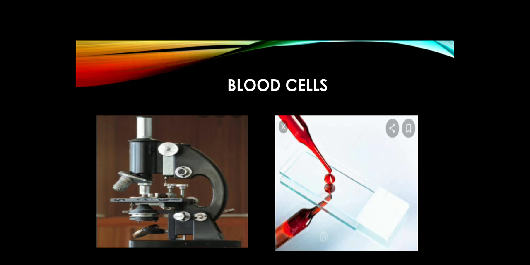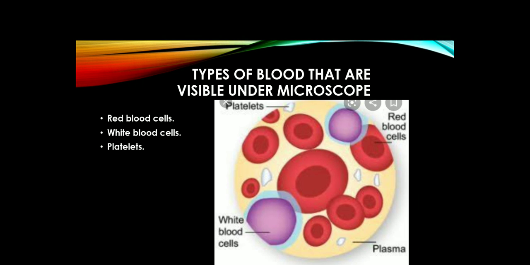So what you have to do, here you can see the slide of a glass. I will take a glass slide and pour 1 drop of water and 1 drop of blood. After that, there will be some process, no need to learn that now. After that, we will take this glass slide under the microscope, and what we can see is 3 different types of blood cells: red blood cell, white blood cell and platelets.